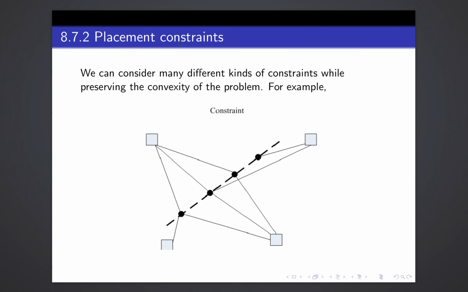And here we can also consider many different kinds of constraints while preserving the convexity of the problem. For example, as I mentioned in the previous slides, the squares show the fixed points, and we impose some constraint that the black dots should be on a line. So as here, the dotted line is the